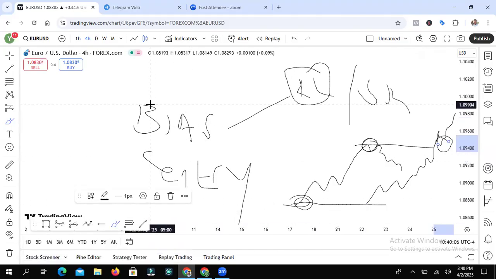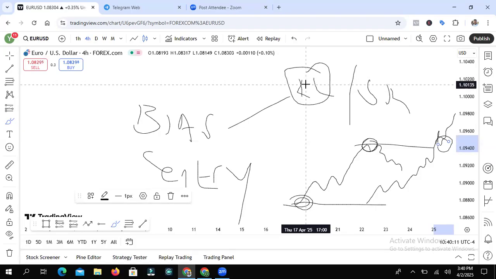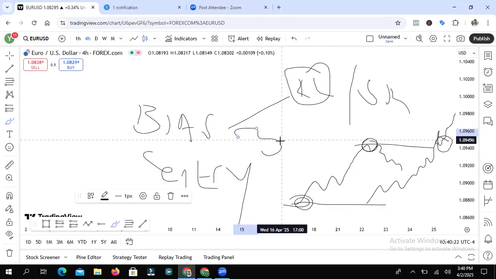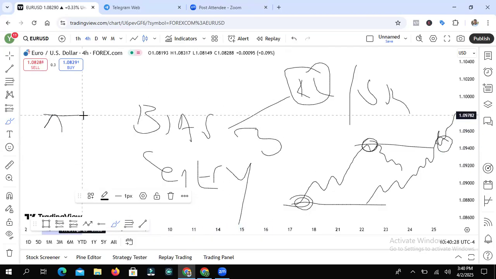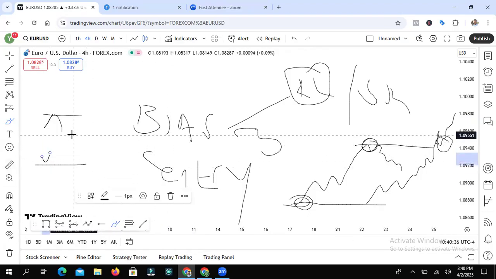Now, in terms of building bias, like I said, you need to be able to spot key levels clearly on the chart. After that, the next thing is that there are three types of key levels. One is the A-shaped key level. We have an A-shaped key level right here. We have another one that we call a V-shaped key level right here. This is how they look, A-shape and V-shape. I will get on the chart, don't worry. I will show you everything on the chart, like how to build bias in less than 30 seconds.